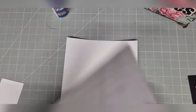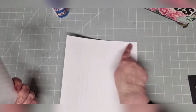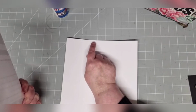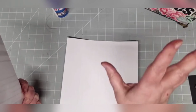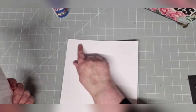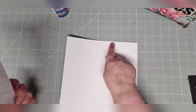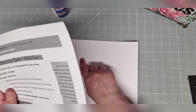Right, repeat the scoring again. Okay, all right, Alison, I'll read it to you. We're going to score on the 1/8 and 7/8 of an inch side. Oh, Chucky's put her hand up. Okay, right, it's dead easy. I'm making it sound more complicated than it is. Once you've done this bit, the worst is over, all right? So you're going to score on the 7 7/8 inch side, which means it's the 7 7/8 inch side that goes at the top. And I want you to score at 2 inches,